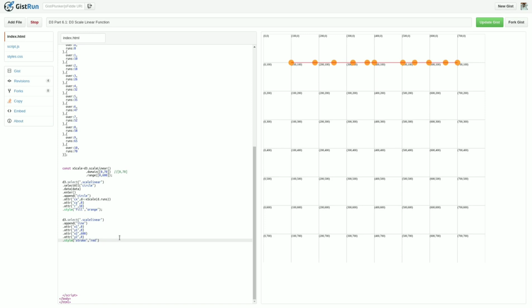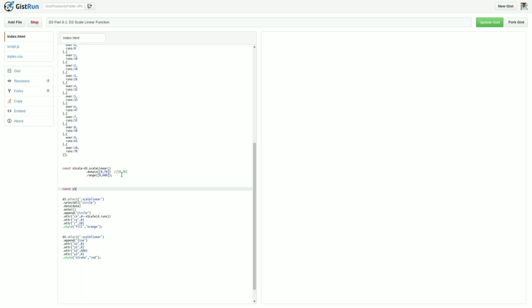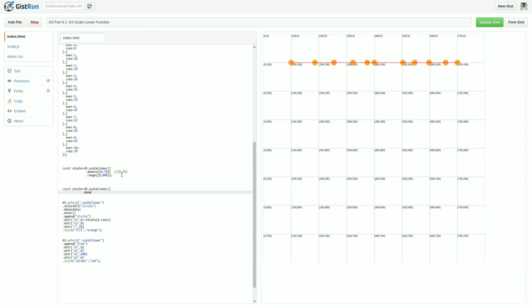Now in the same way I want to create a y axis. Here I want to show the over and here I want to show the runs. In the same way as the x axis, I want to create a scale for the y axis. So y scale is equal to d3.scaleLinear().domain.